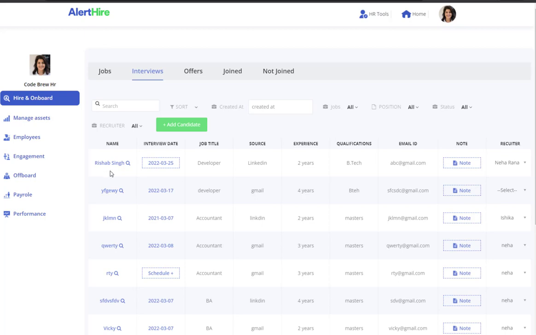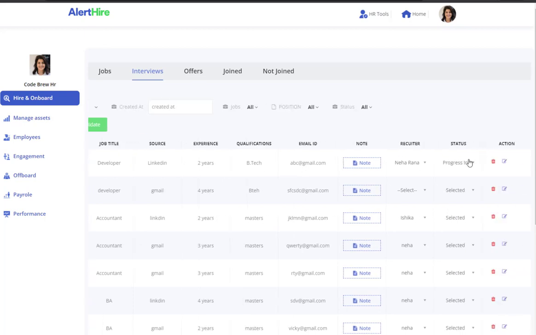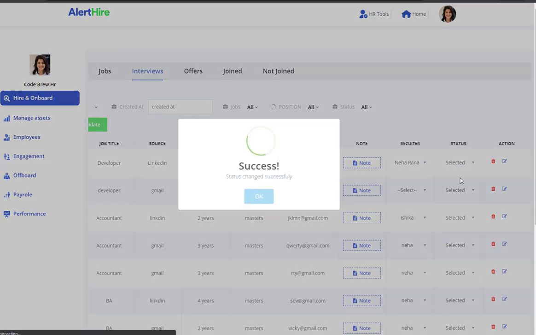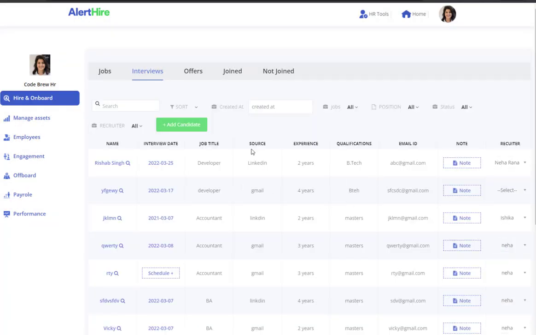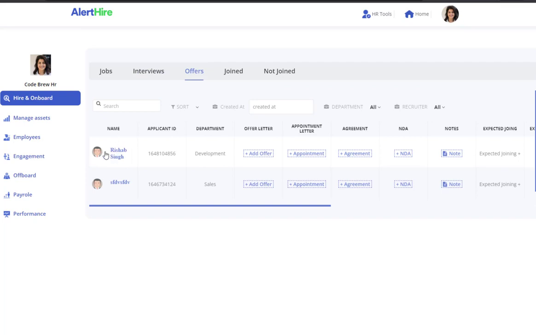If you got selected, you can change it to selected, and the candidate will appear in the offer section. In this section, all candidates who got selected are shown. Here is Rishabh, his application ID, department,